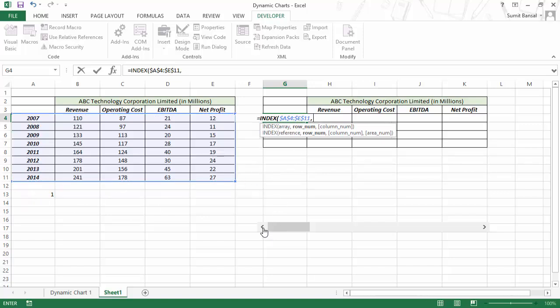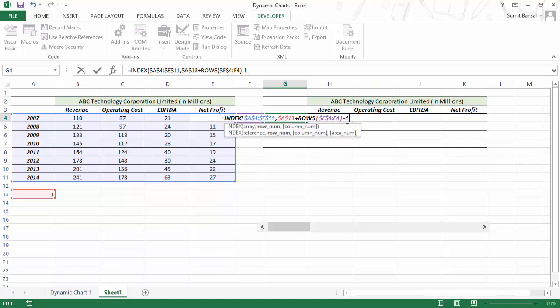If I have selected it as 1, this row should give me the value for 2007 and these data points, but if I make it 2, then it should give me the values for 2008 and all these data points. So to make this dynamic, I would first select this, lock it, and then add rows to it, and I'll show you why I'm doing this. I would say ROWS(F4:F4), and I would lock the first F4, and I would subtract 1